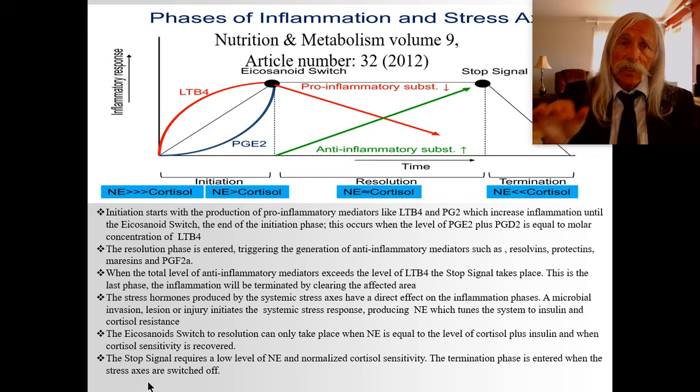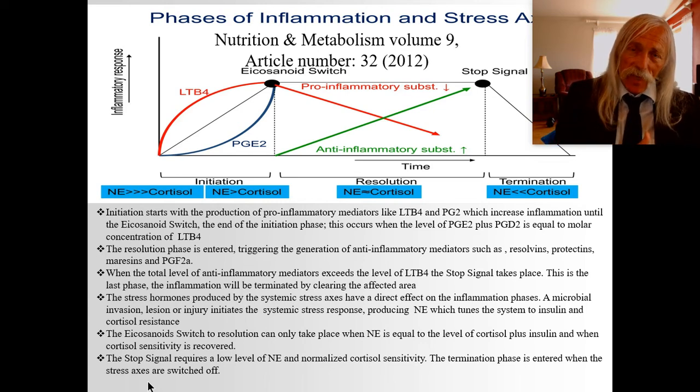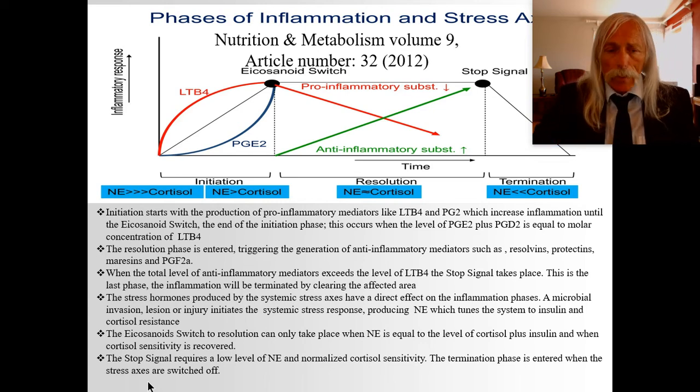And then all the genes are ultimately regulated there in that given tissue, right? Because that's mobilizing a bioenergetic phenomenon. And that also has to be realigned during the stress. Because during the stress, you don't want to be anabolic. And insulin is very anabolic. Remember, that was the left side of that pathway, right? So, right. So the stress hormones produced by systemic stress acts have a direct effect on the inflammation response, microbial invasion,